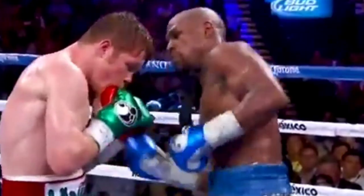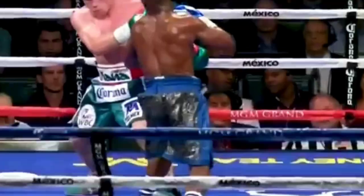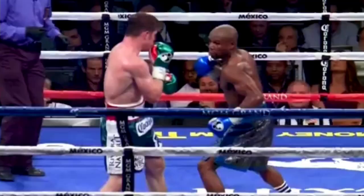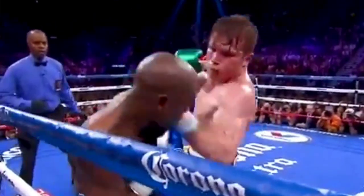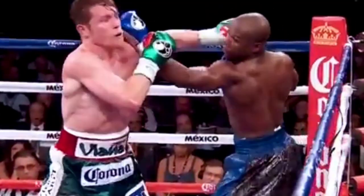One judge scores the bout 114 to 114 even. One scores the bout 116 to 112. And Craig Metcalf, who sees it 117 to 111 in favor of the winner of the Super Welterweight Championship of the